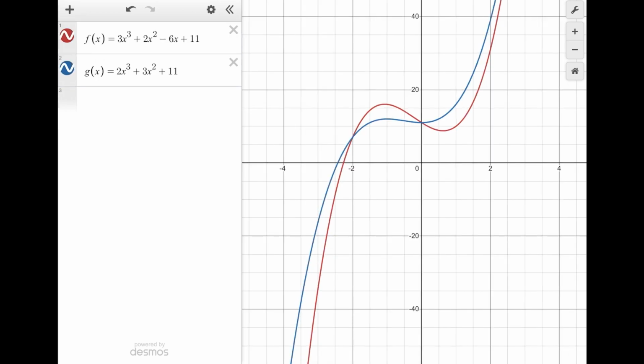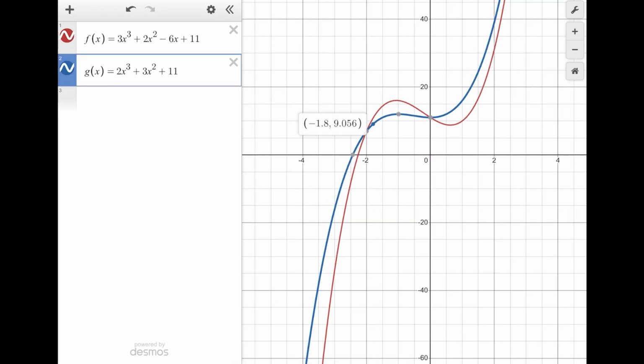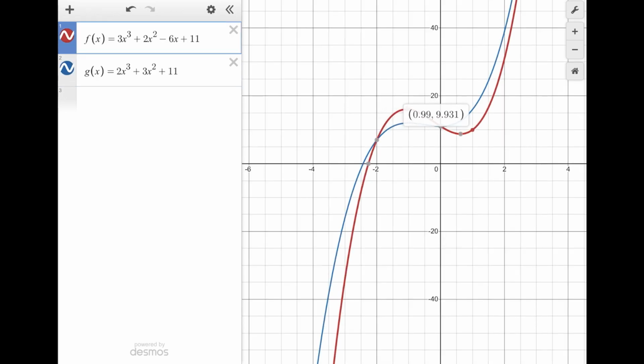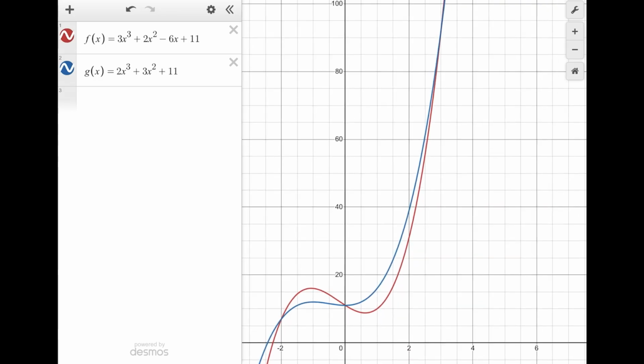So as I follow along right here, from here, g of x is underneath f of x until they intersect with each other again. And then after that, we can see that f of x goes below g of x until they look like they're about to intersect. So until they intersect, which is at 3. So that means that our solution is going to be